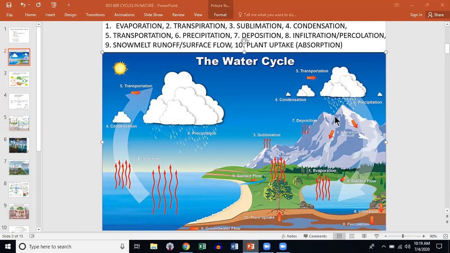edge, at the lower edge, and that melting, I'll come to you, Marie, in a minute, all right? That ice that is melting is going to form first little lakes up on the mountain ranges and the mountain tops that are called cirques. Cirques, those are the first little lakes that form as accumulated snowfall that melts, all right? And now we have back to liquid water, and those cirques then percolate down through the rock and form rivers